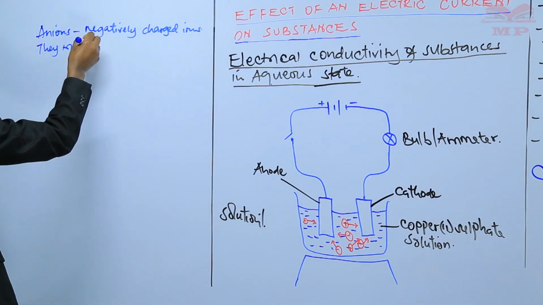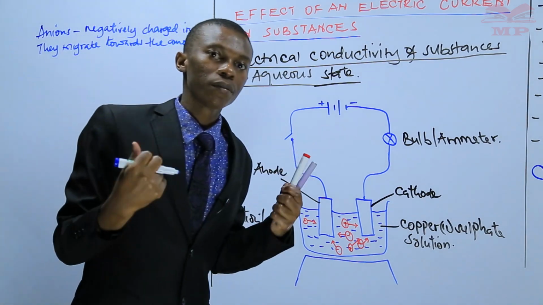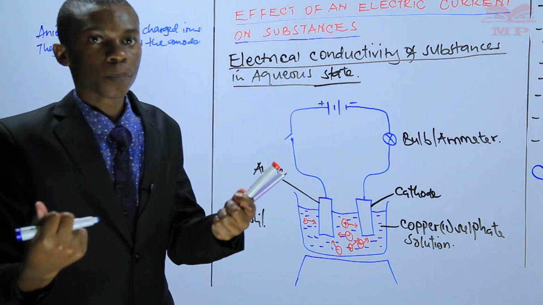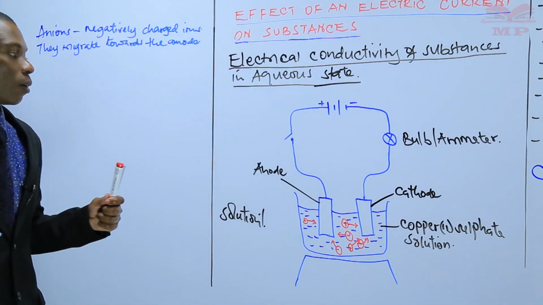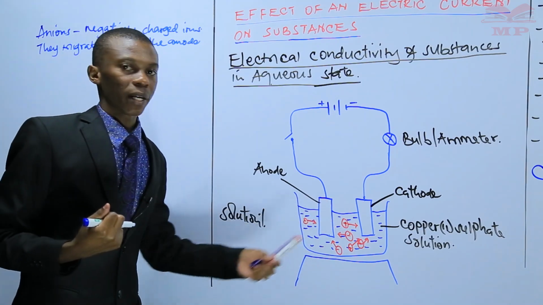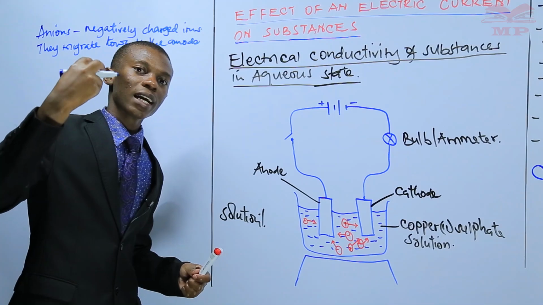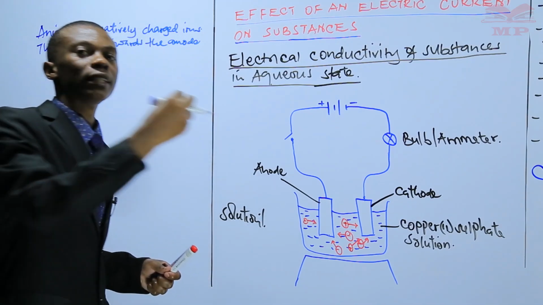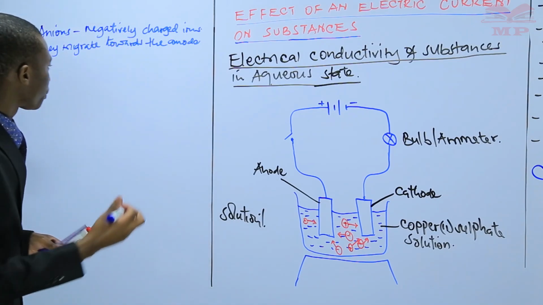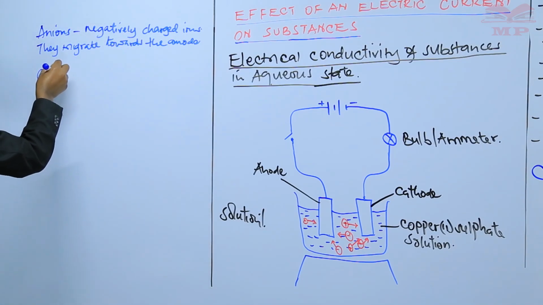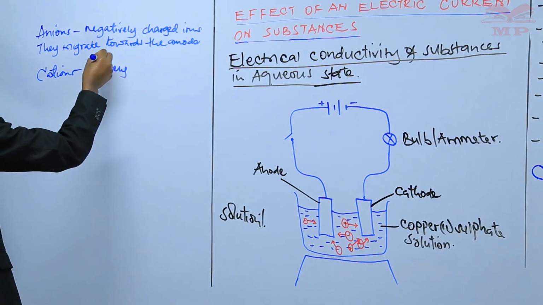Remember, the anode is the electrode connected to the positive terminal of the power source. Therefore, the negatively charged ions go towards the positively charged electrode, while the cations, the positively charged ions,